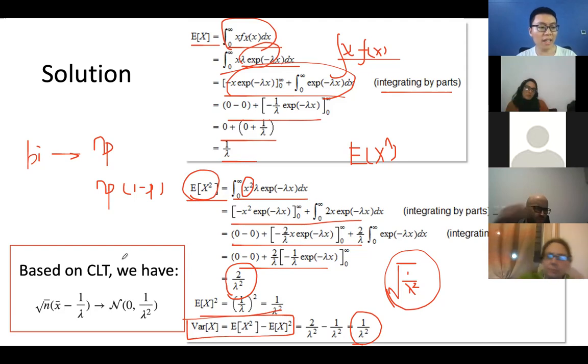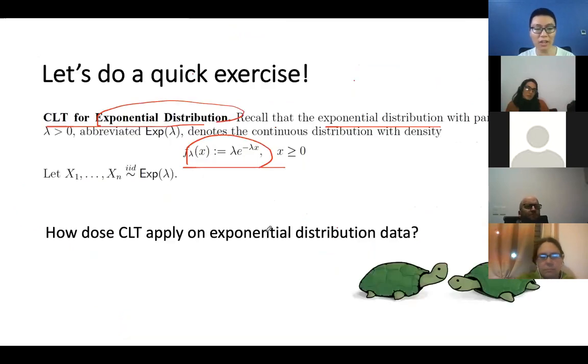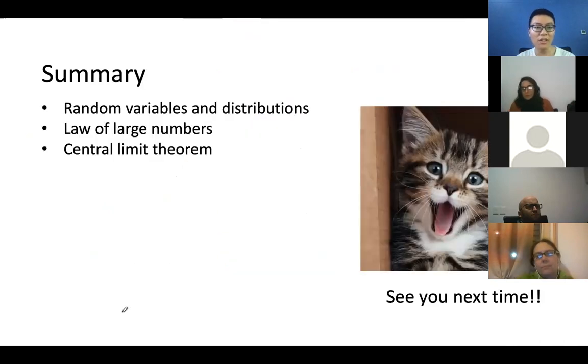And then at last you apply the CLT, right? You just replace the mu and the sigma squared, but remember that you should divide by n. And then here we will get the results. Okay, so this is the first recitation. Sorry for my technical issue today, but I think this is all for today. We went through random variables, law of large numbers, and central limit theorem.